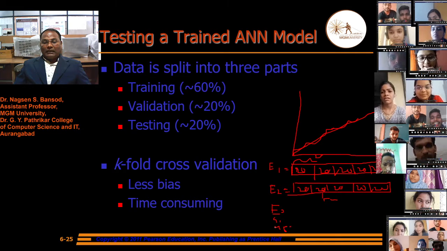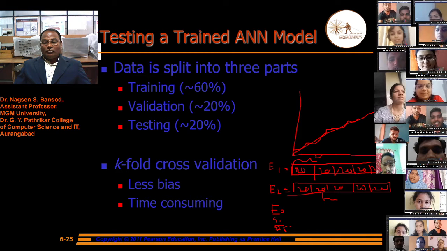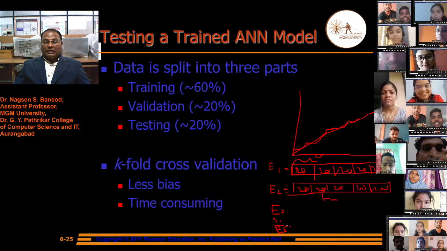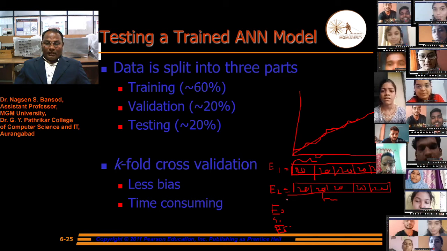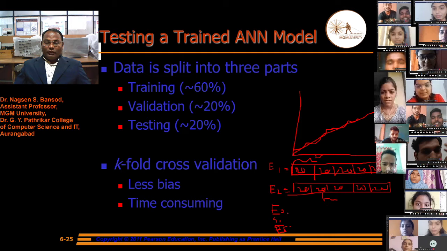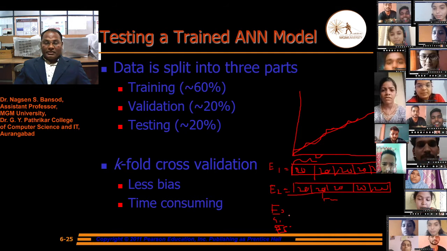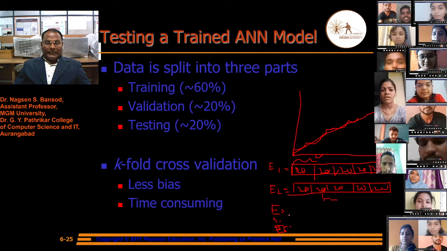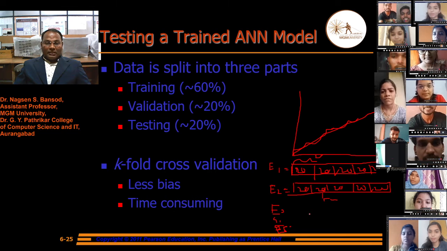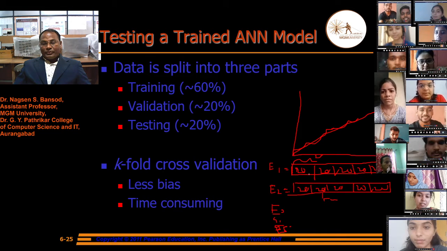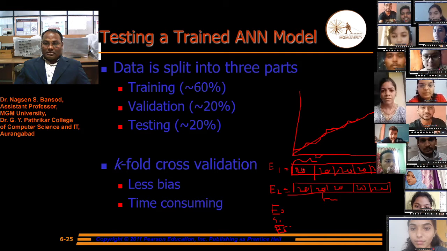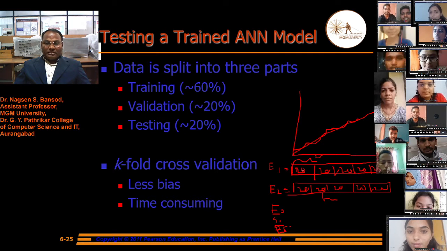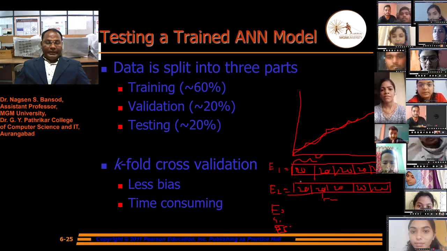Then in general, up to K, we have E1, E2 up to EK, where K means the K-fold cross validation. This is a time consuming process because all the records have to be used as testing sample, training sample and validation sample.